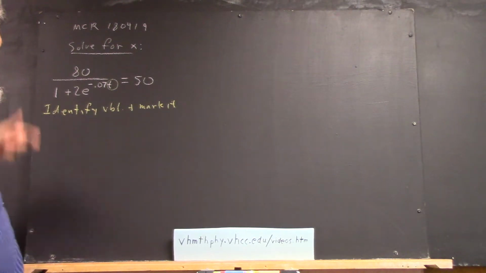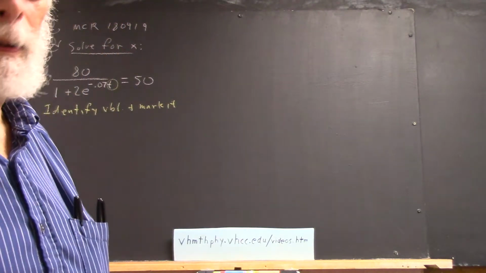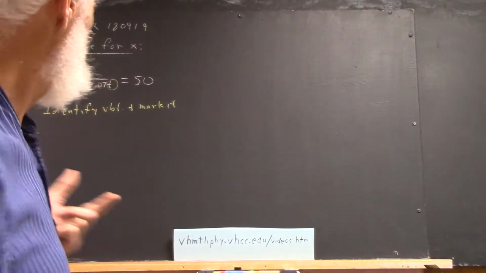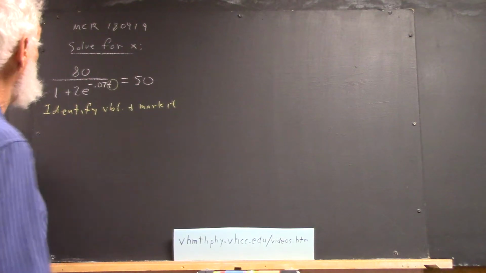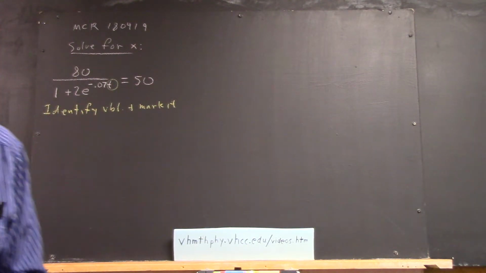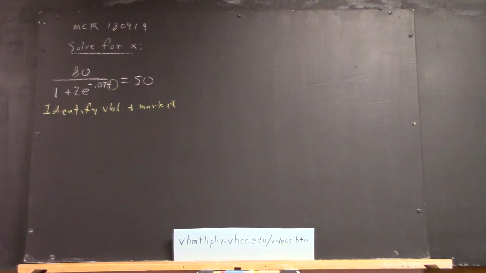What's the first thing you think we ought to do here? Multiply. Multiply what? 1 plus 2e. Okay, yeah. What you're saying is we're going to multiply both sides by the denominator, right? Yeah. Okay? So we can say